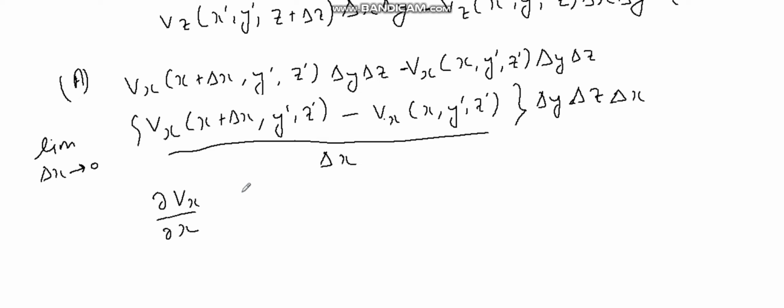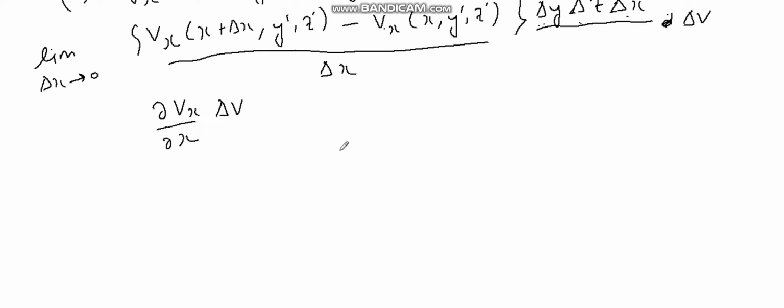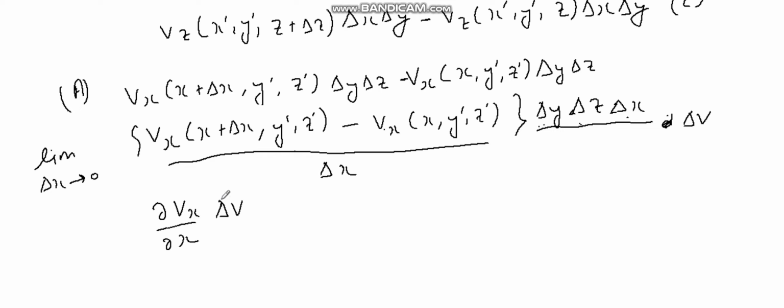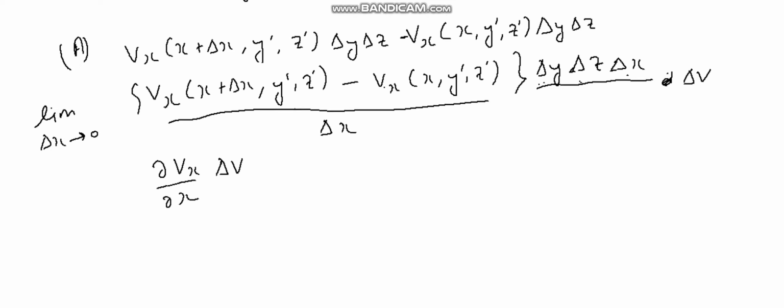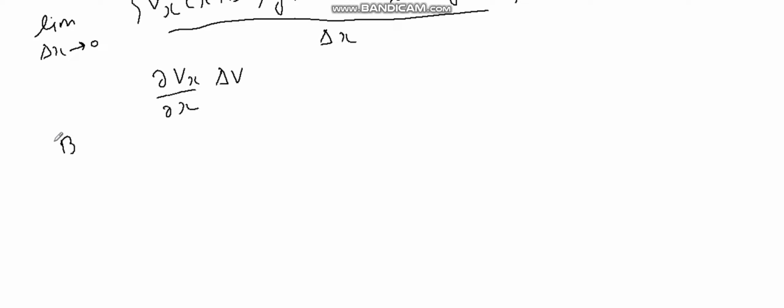And one thing: this delta x, delta y and delta z is actually the volume. So let's say a small volume delta v. Let's write it as delta v for a moment. Obviously when delta x tends to 0, the volume will also shrink to 0, but let me write it for a while. Similarly for B,